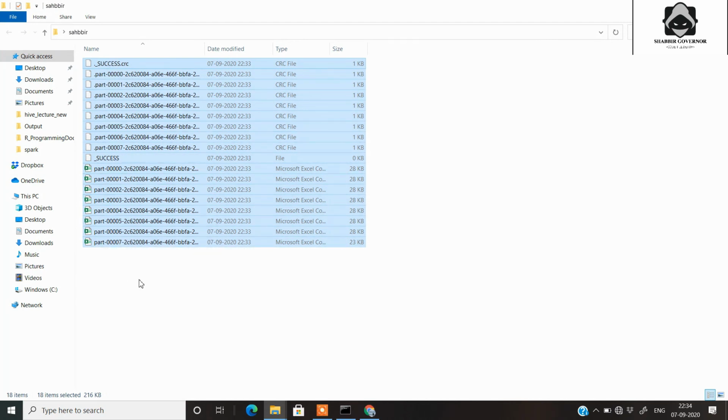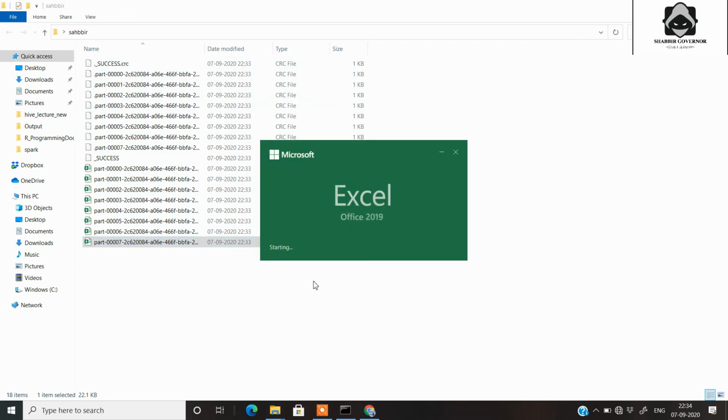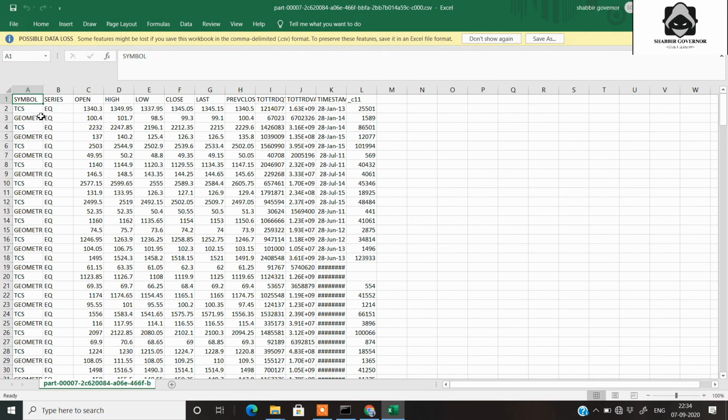This is the basic functioning of Spark. You don't actually save everything in a single part, and this is the advantage of using Spark over other APIs like scikit-learn, because everything is stored in partitions. The processing is very much faster than scikit-learn or even Hadoop. If you open any of these part files, you can see the data belonging to that query that we had saved earlier.